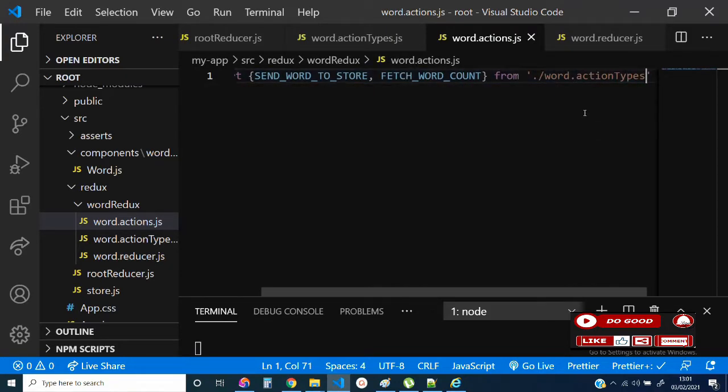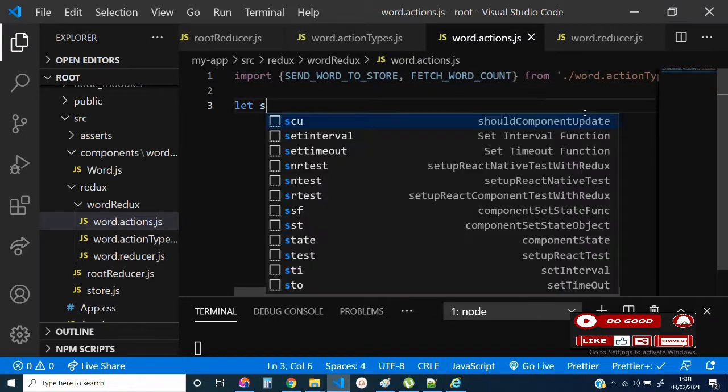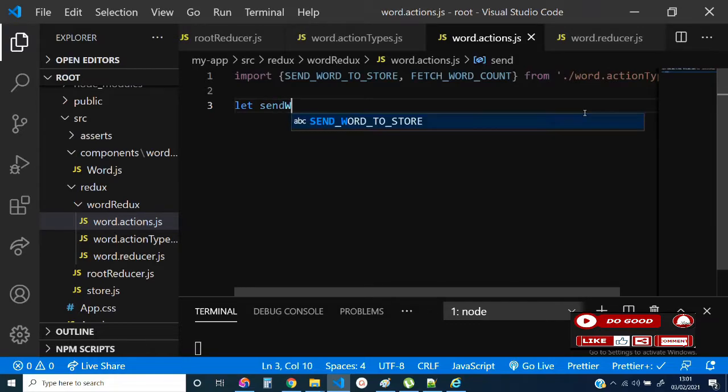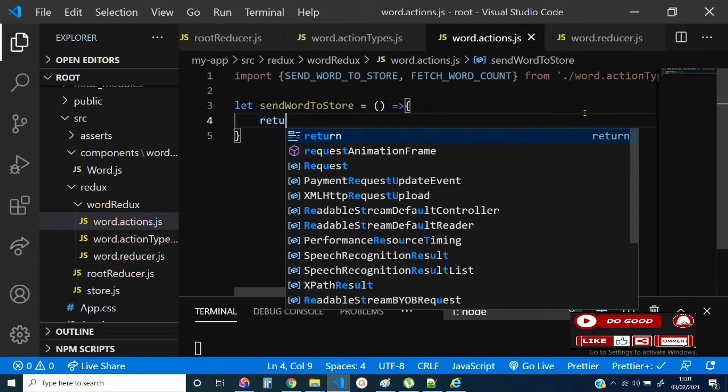Good. So next, create a function for each. We select sendWordToStore equal to a function that will return